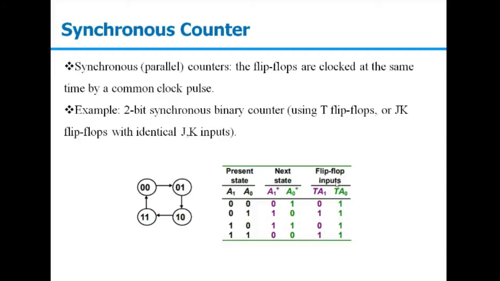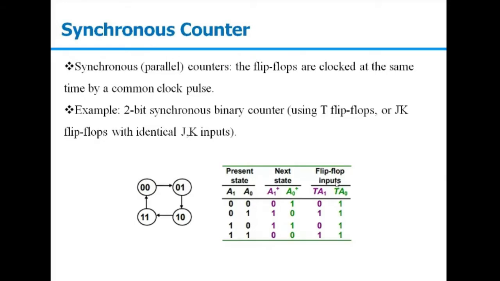For example, when we were talking about the 3-bit ripple counter, we were assigning the clock to the first stage. If it is made of JK, we were assigning the clock to the first stage, that is J0 K0, and for the stage of J1 K1, we were applying the clock from the Q0, right? So the output of the preceding stage was working as a clock, and that was creating a lot of delay. And we have seen one example in terms of a 3-bit ripple counter, where because of this clocking strategy, there was a limitation on the maximum frequency that you can apply over the clock. But in the synchronous counter, that is not the case.